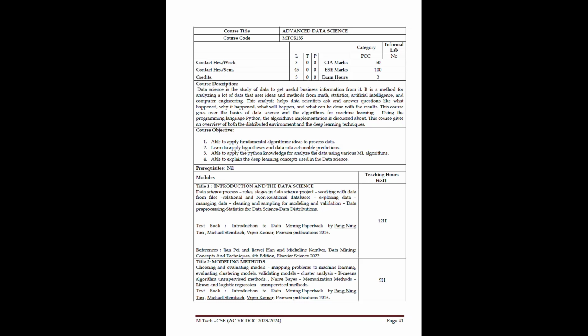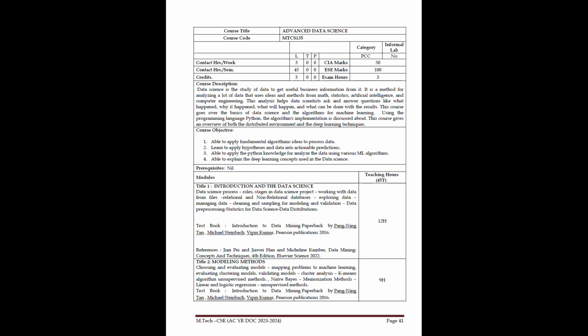So the final core subject would be Advanced Data Science. Now, Advanced Data Science is the advanced version of data science, in which you will be learning about the first title, which would be Introduction and the Data Science process, role, stages in data science project, working with data from files, relational and non-relational databases, exploring data, managing data, cleaning and sampling for modeling and validation, data pre-processing, statistics for data science, data distributions. So the textbook which is followed is Introduction to Data Mining, paperback by Pang-Ning Tan,